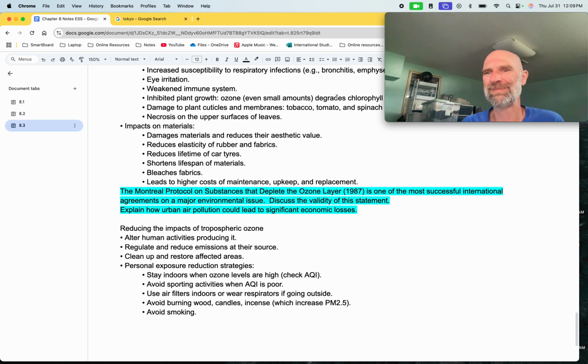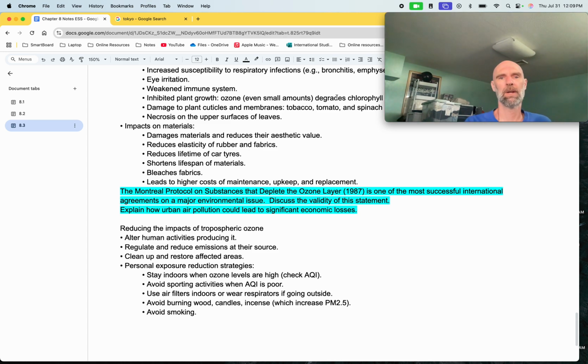Interesting enough, I just went kayaking with a teacher at school, and we had some kayaks, and we were using bungee cords for different things. Those are going to break down because of that over time. So, reduces lifetime of car tires. Yep, and bike tires as well. Rubber breaks down. Shortens lifespan of materials, bleaches fabrics, leads to higher cost of maintenance, upkeep, and replacement generally for